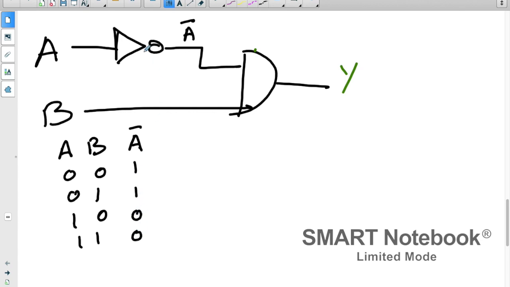Yeah, that's what an inverter does. So remember, an inverter flips all your answers. So you take A and you flip them over. So 0s become 1s and 1s become 0s. Now, I'm going to redraw this. B goes all the way over here. My Y value is consistent of A naught B. Which means that I